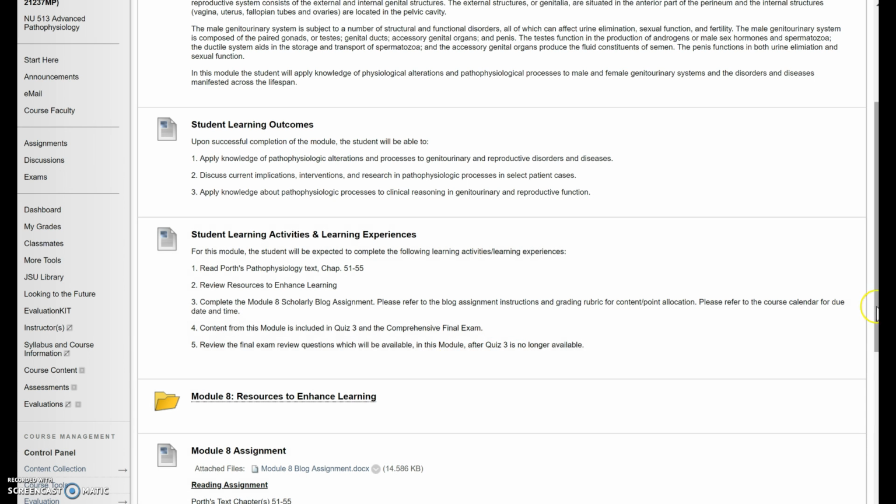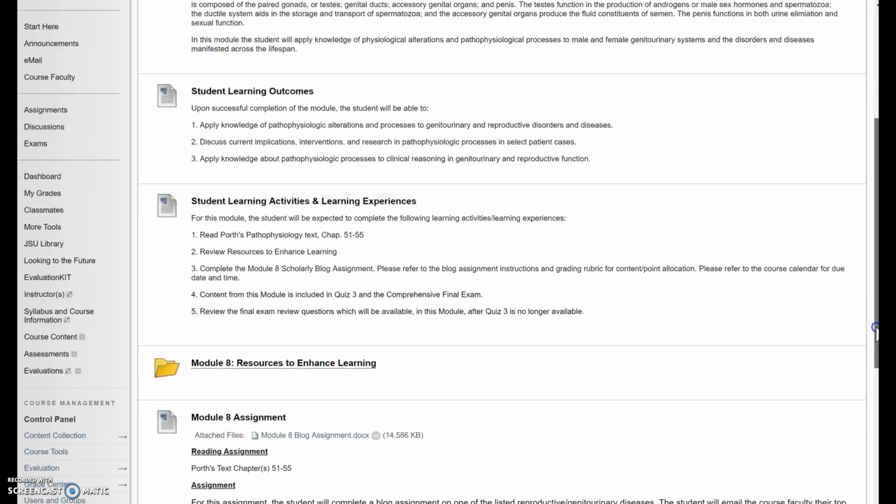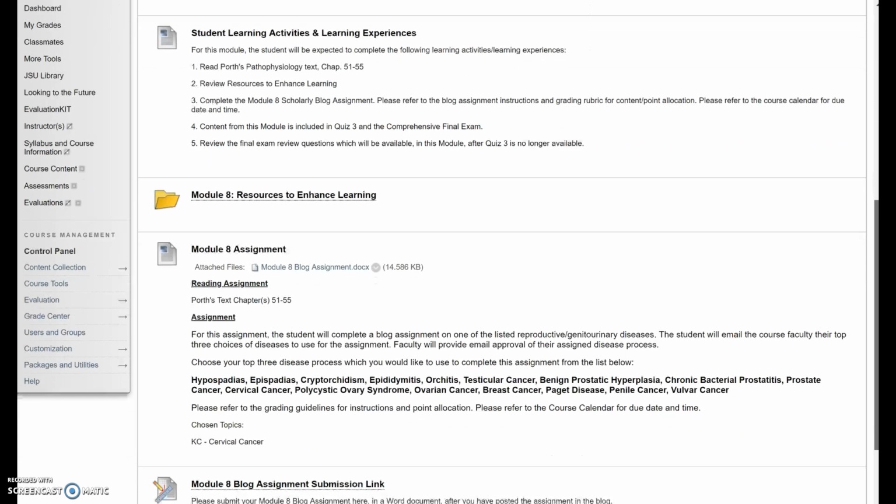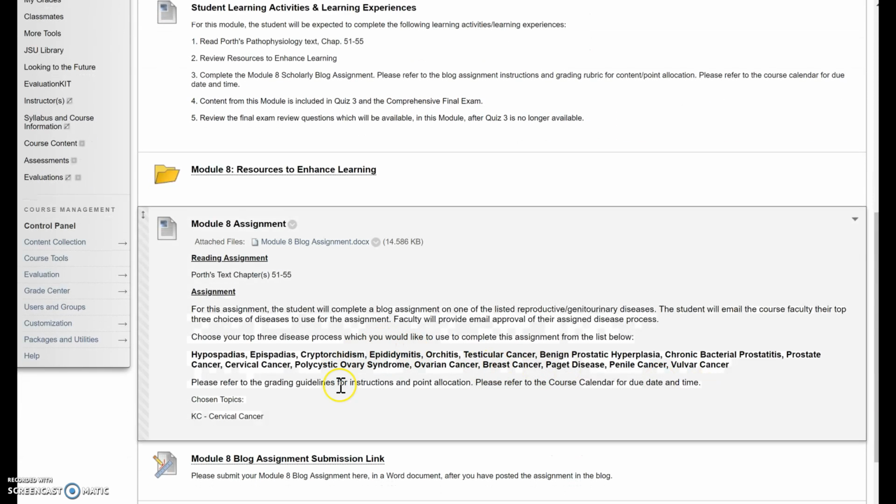Under here, I probably don't even need to go under there. You know what's under the resources to enhance learning, so I won't even go there. This is what you're going to need to start with right here. You will see that there are several different